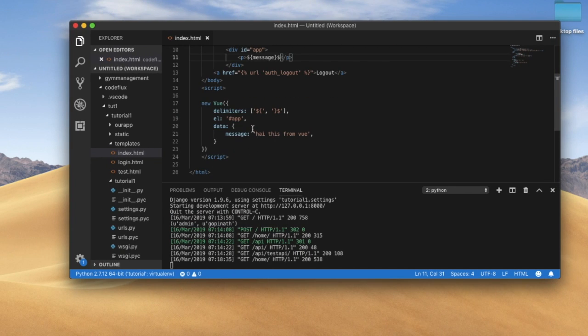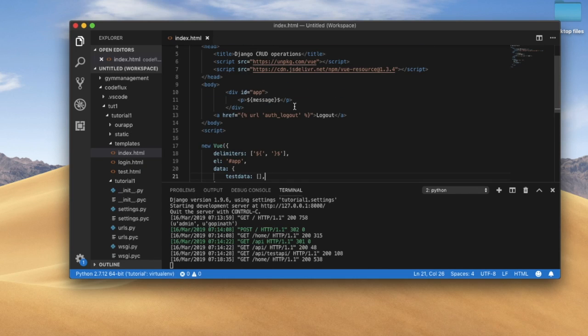Go to your index.html. You don't need this, just use testdata, the array, so that we can retrieve the API content and store the data here. Then we also need methods to perform some operations. So directly we delete this from here, and in an li tag,